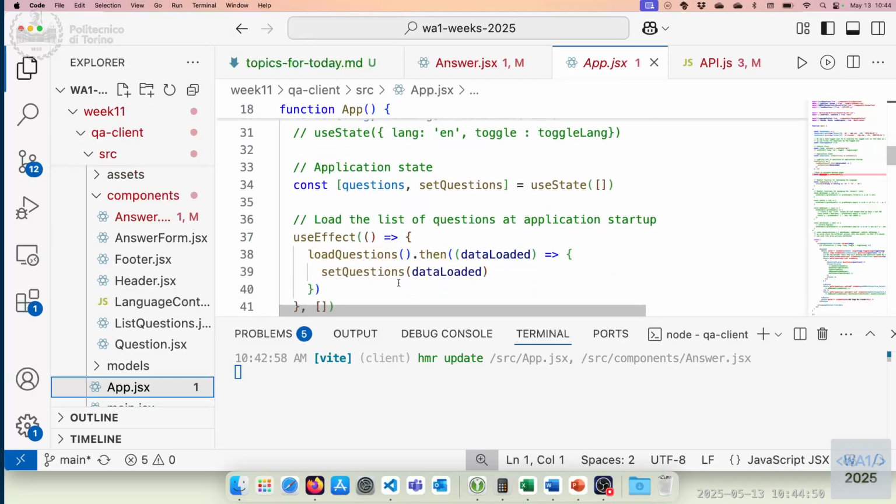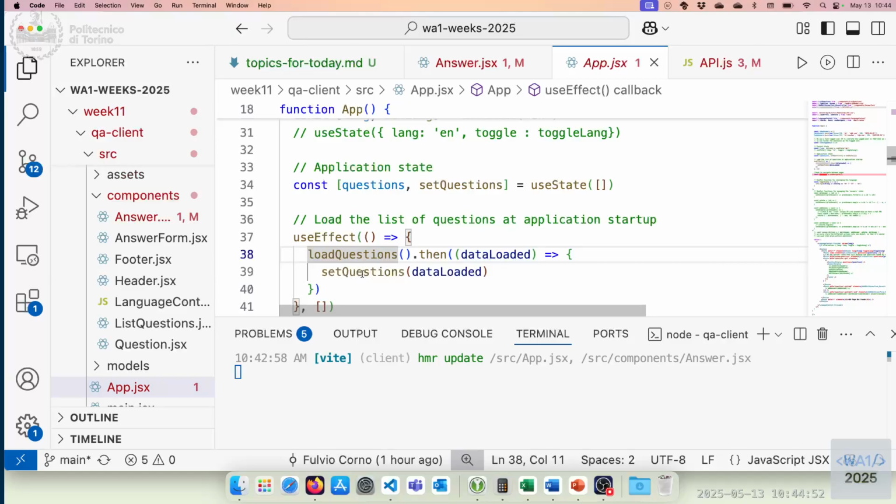Yeah, we are calling the load questions here in up. Okay, so the problem is now how to communicate the error condition to up and let up handle that in some way. Okay,